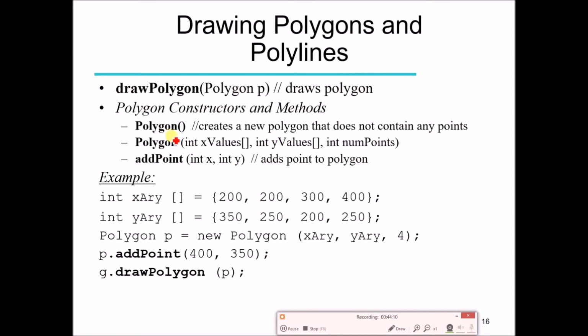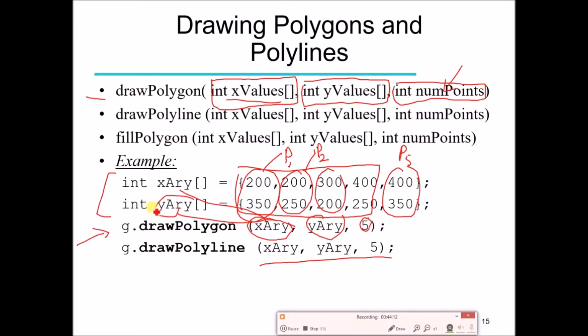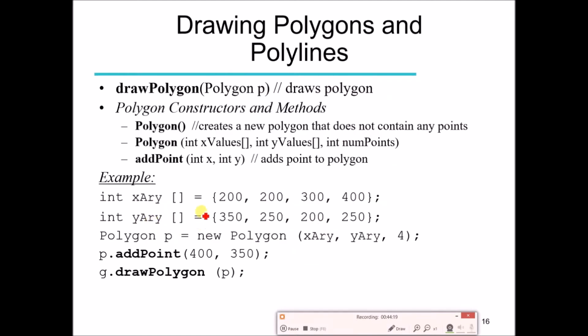Now we can use the method drawPolygon to draw the polygon, the one simple way. But there is another method which we can use to draw the polygon, and the name is the same, drawPolygon. So you can say that we are overloading the method with the same name but with a different parameter. Here we are not passing the array, but we are passing an object of the type Polygon. There is a class Polygon and this is the object name. So this method is going to take a parameter of type Polygon, which is a class in Java.